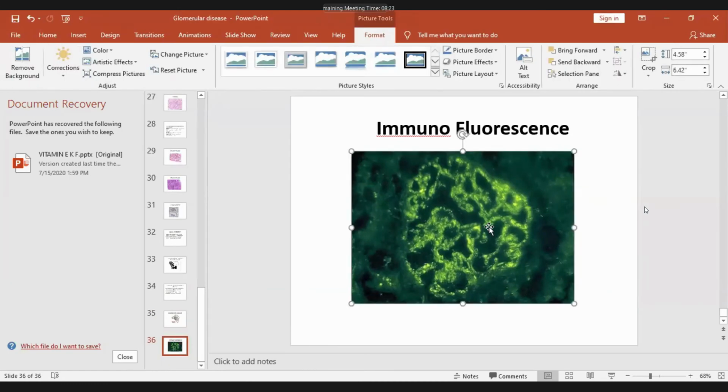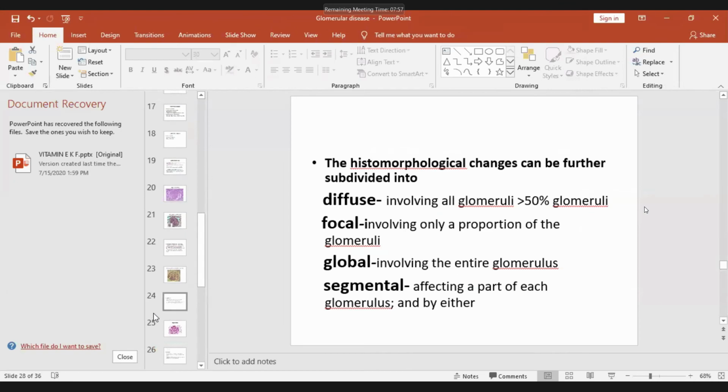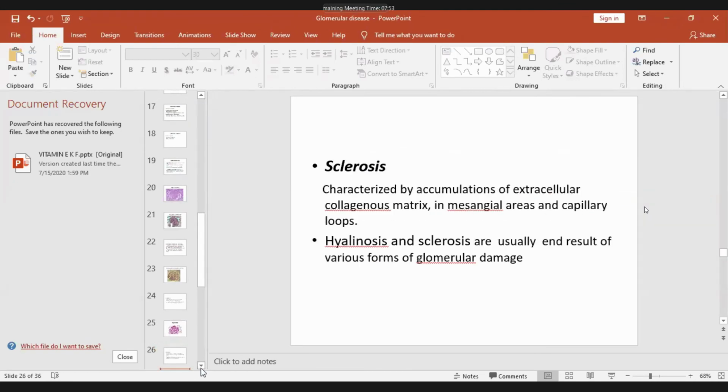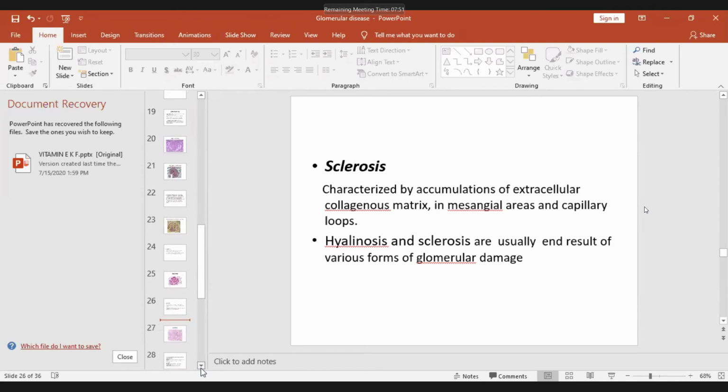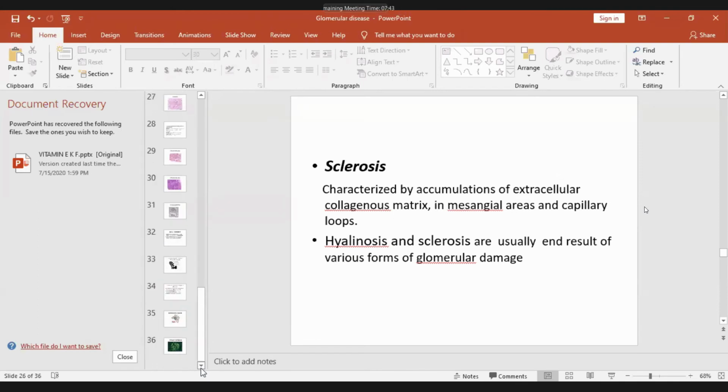So we have finished today's lecture, and subsequent lectures will teach individual diseases. The first one will be acute proliferative or post-streptococcal glomerulonephritis, then rapidly progressive glomerulonephritis, then membranoproliferative, membranous, all those things will be subsequent. And all that I have told you will be seen in all those conditions which I have mentioned. In some there will be something, in the others it will be something else. So this is a general lecture about glomerular disease.